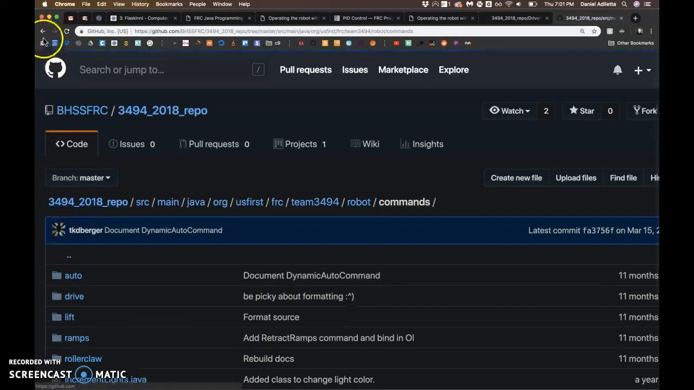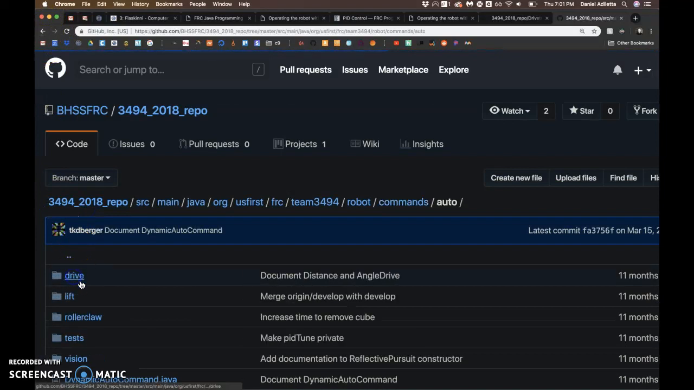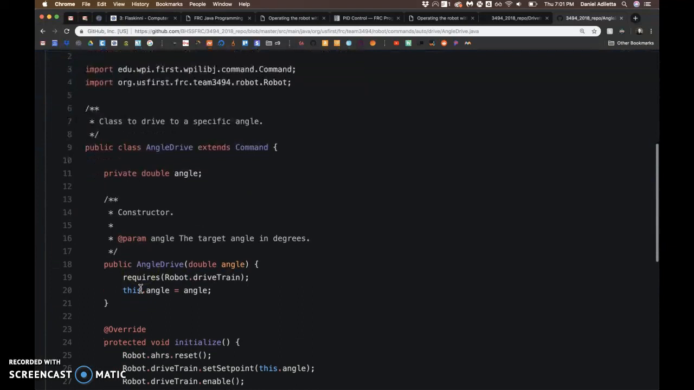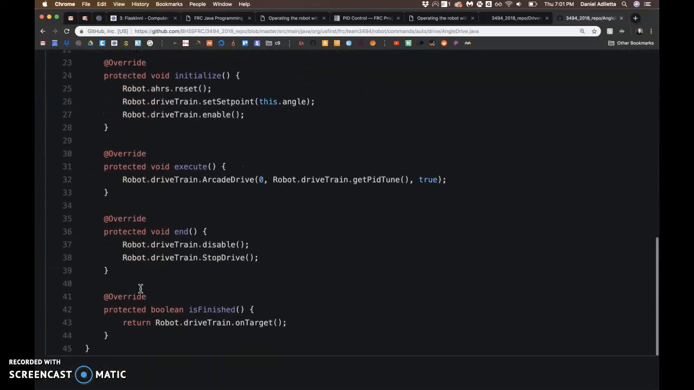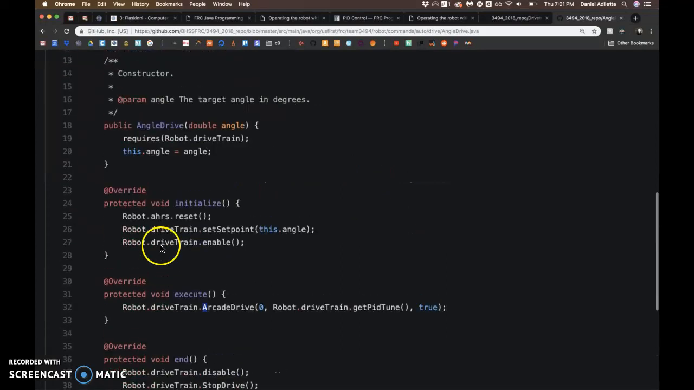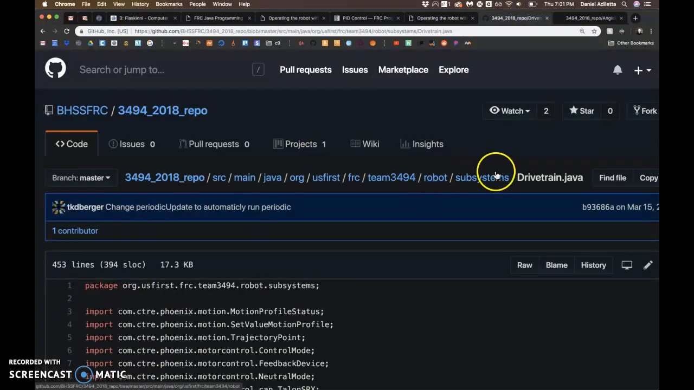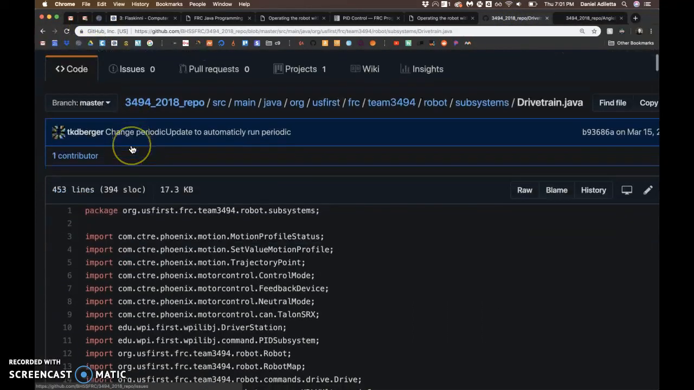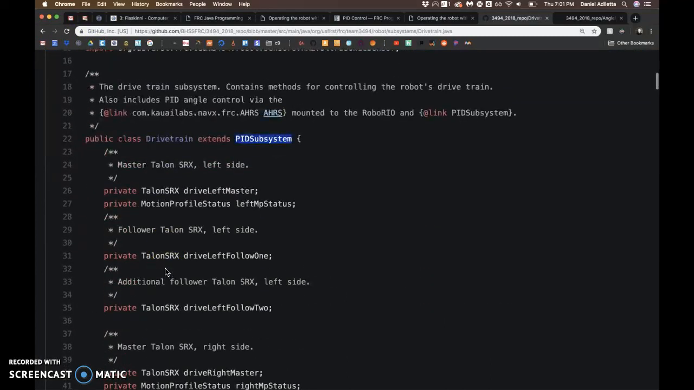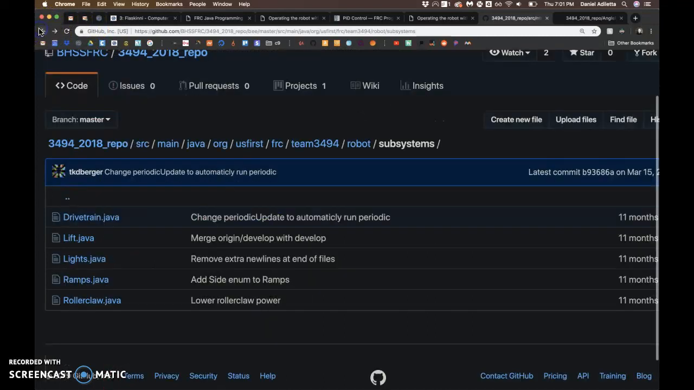That was the autonomous command, angle drive. They've got it really well organized. Okay, so we've got this arcade drive with a capital A, and the drivetrain, what kind of object is it? It's right from Robot.java. So this drivetrain is a PID subsystem. Okay, so that's key. And then in Robot.java,